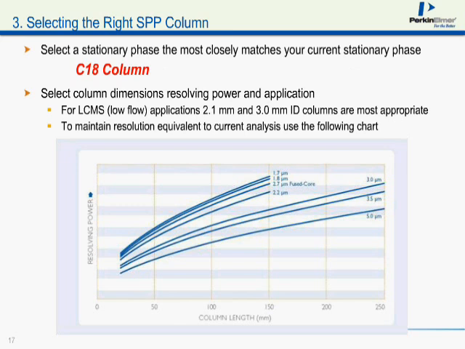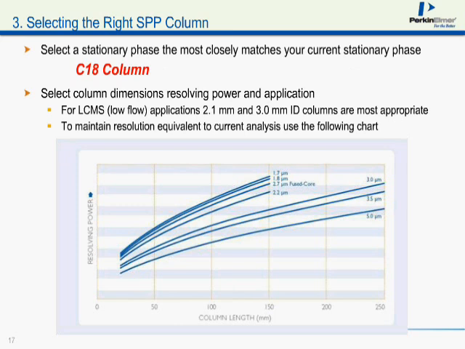Of course, in terms of stationary phase, we were using a C18 before, so we would choose a C18 SPP column. And next is choosing the correct dimensions. One thing to mention on column dimensions, if you're just trying to transfer a method and you want the same resolution, you can use the chart shown here in order to select the correct column length for your particular analysis that will give you the same plate count or better than you're currently using